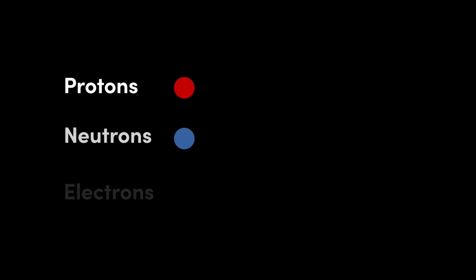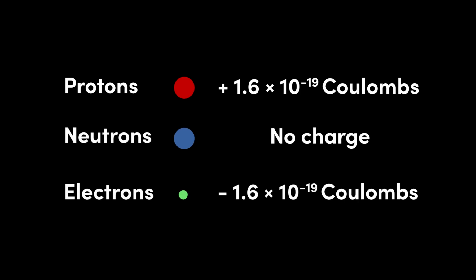Atoms are made up of three separate particles: protons, neutrons, and electrons. Protons carry a positive charge, while electrons carry a negative charge. The charge is measured with a unit called the coulomb. Protons and neutrons make up the nucleus of the atom, while electrons orbit the nucleus in a manner analogous to